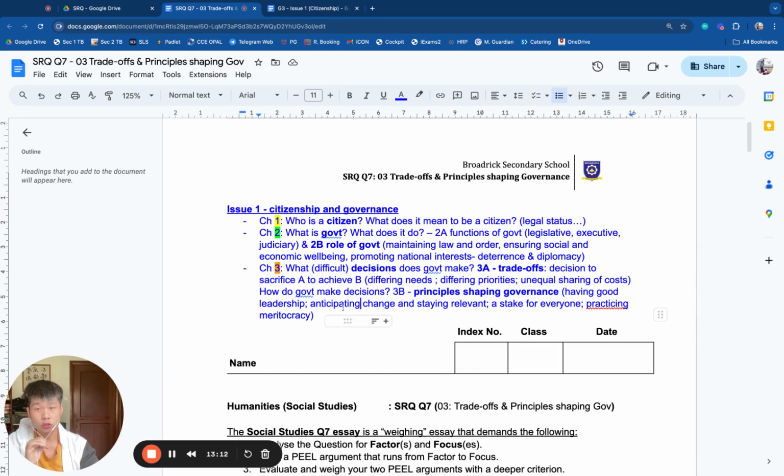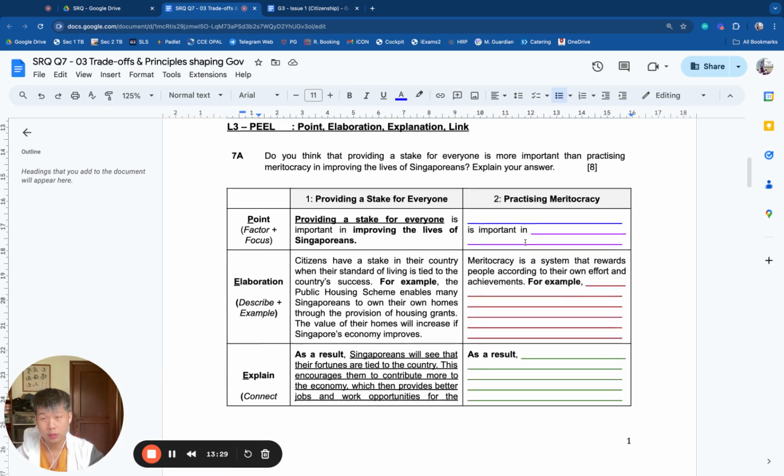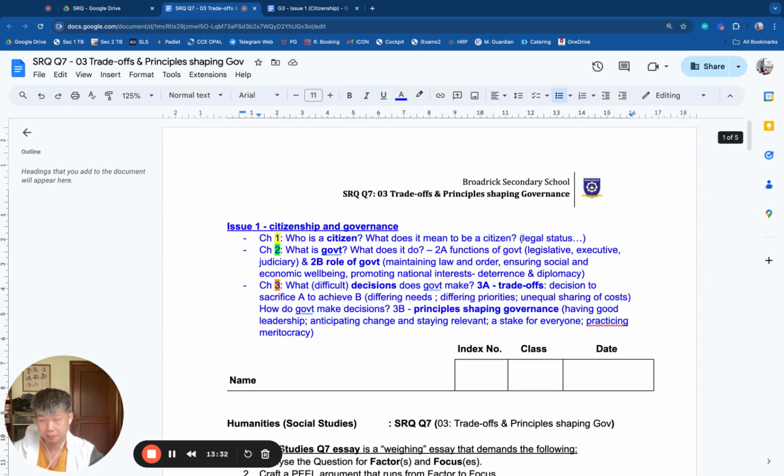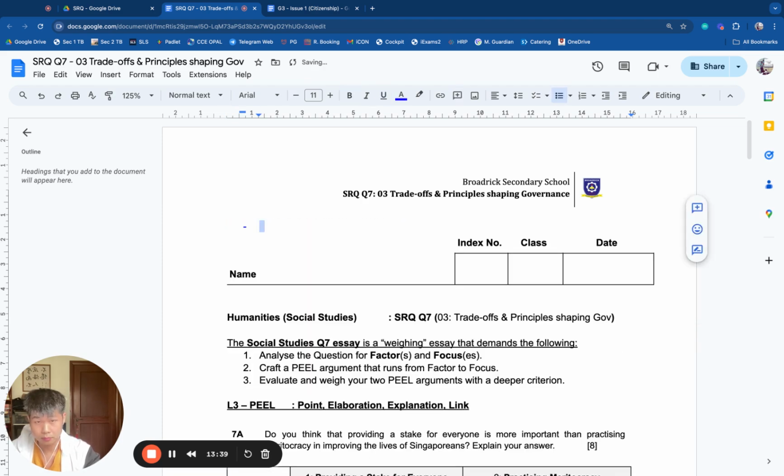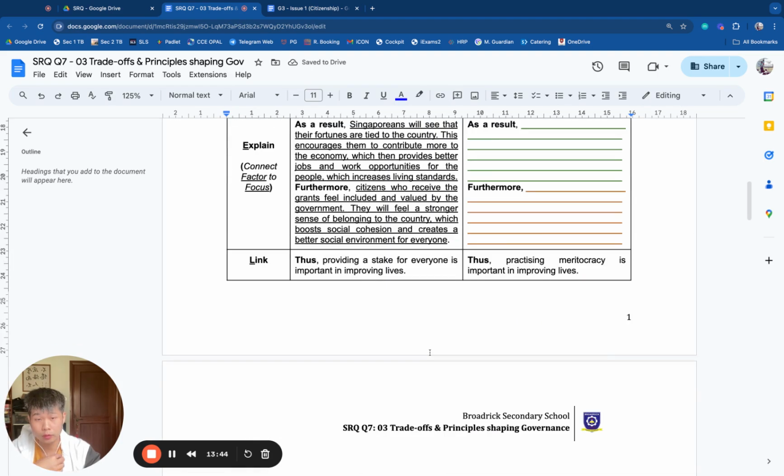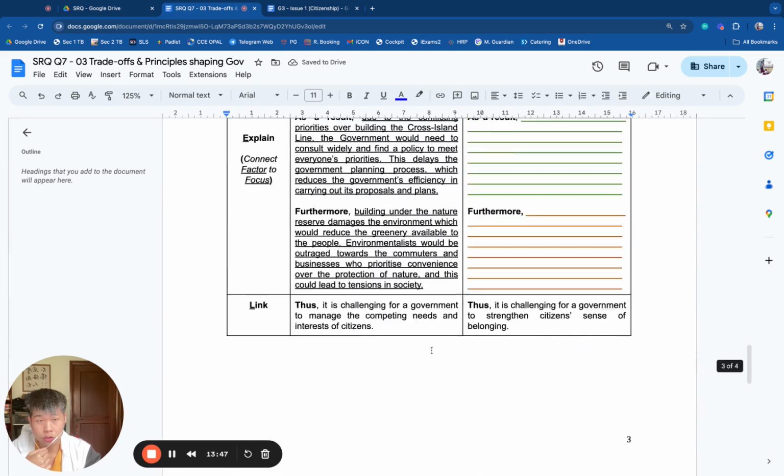So we are now in chapter 3, right? And the next chapter is chapter 4, which is about citizens again. So the perspective will shift in chapter 4 back to citizens, and it'll be about how citizens and government will interact to work together for the good of society. But this chapter is really about the difficult decisions, about trade-offs. And there are 4 questions, and I'm going to skip. Can I invite you to skip over to page 3. To page 3.